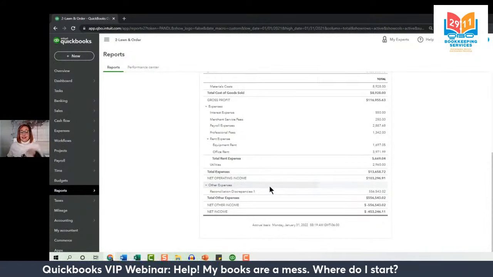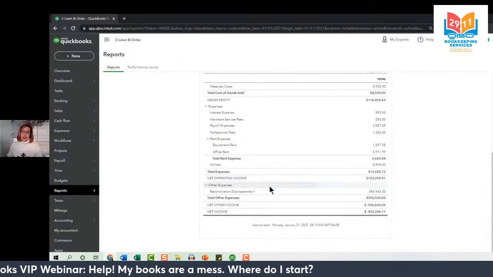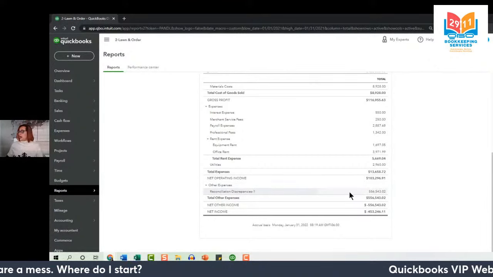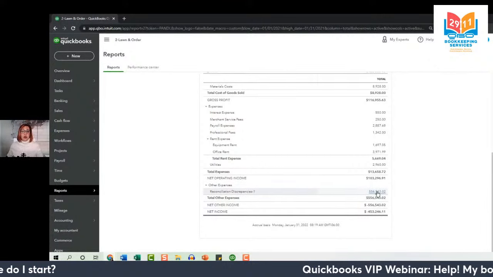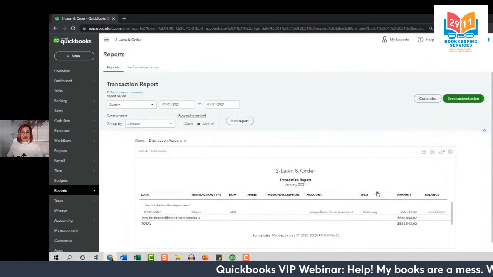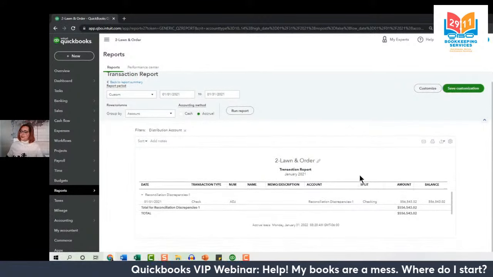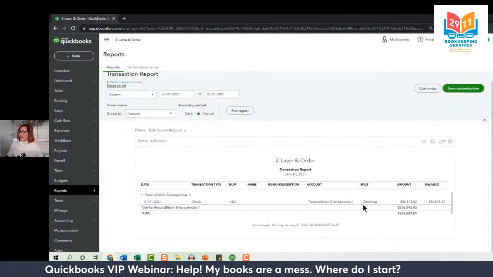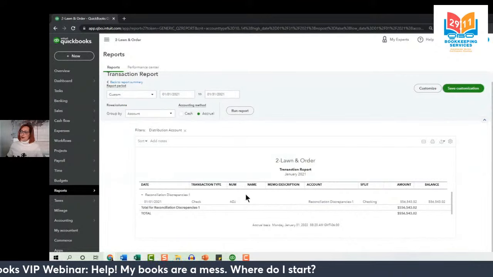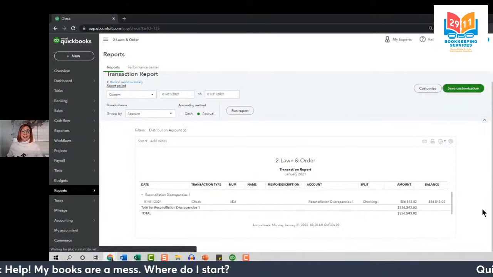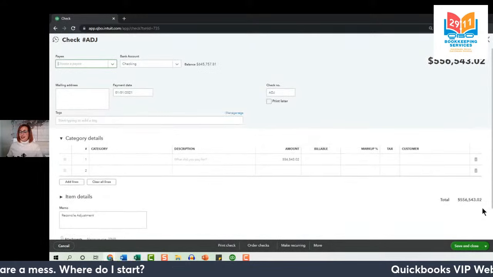Now, the second place to see this is on this transaction itself that QuickBooks automatically recorded for us. And the easiest way to get there is to select the total under the Reconciliation Discrepancies account on the Profit and Loss. And you'll see here an adjustment. Do you see that number, ADJ? Let's go ahead and click on that to take a look at this transaction.